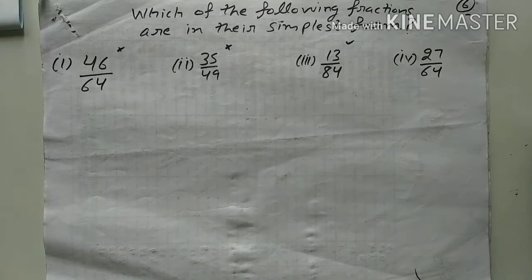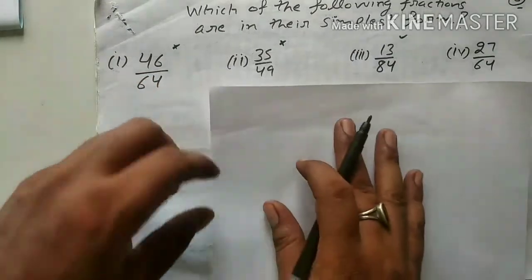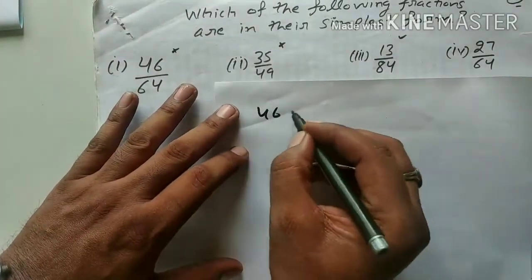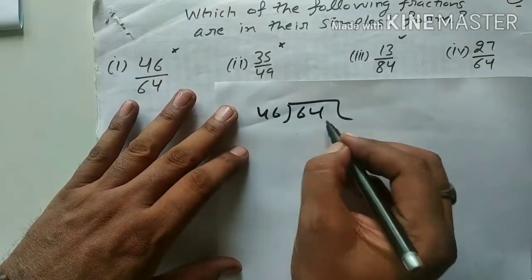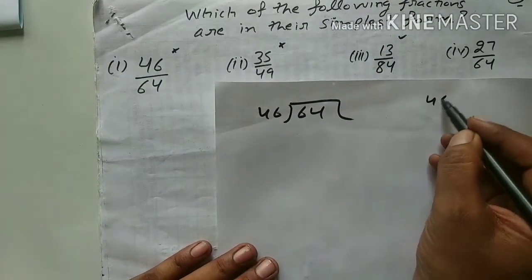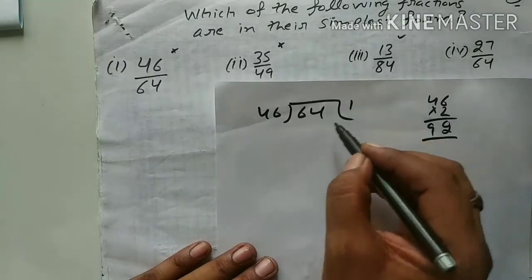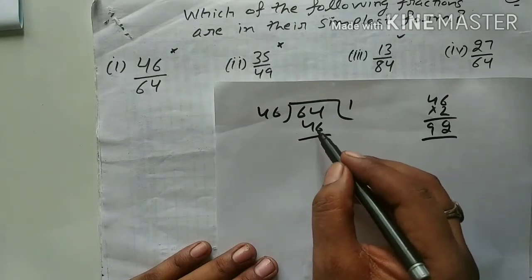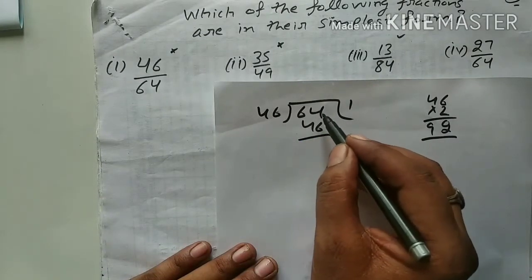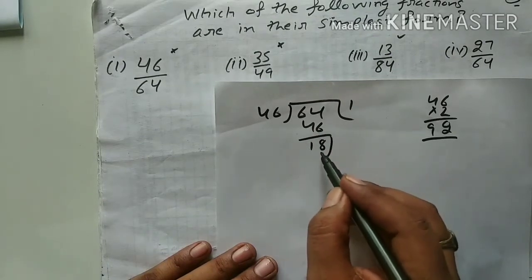Okay student, now let us start our traditional method with the HCF. Firstly, I will have to find the HCF of 46 and 64. See student, HCF is always found by long division. Now we don't know the table of 46, therefore I will multiply. The answer is 92. So at one's place it is 46, 46 ones are 46. Now 14 minus 6 is 8, 5 minus 4 is 1. Now this is the remainder.